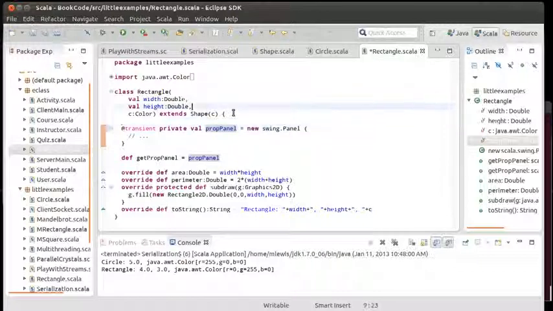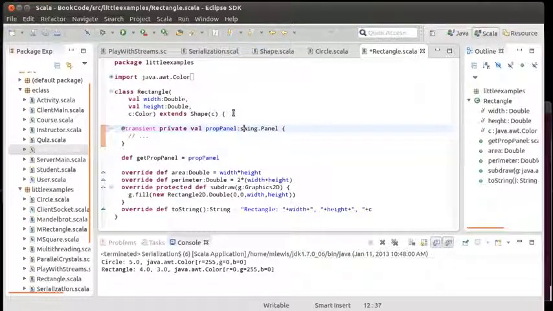Well, turns out the width, the height, and the color are loaded in as they're supposed to be, and the prop panel is initialized to the default value, which in this case is null. Okay, so that would cause problems in this code, because then when something tries to get it, it's definitely going to get null. So instead, we would need to reconfigure our code just a little bit